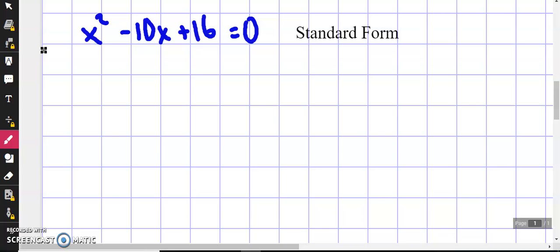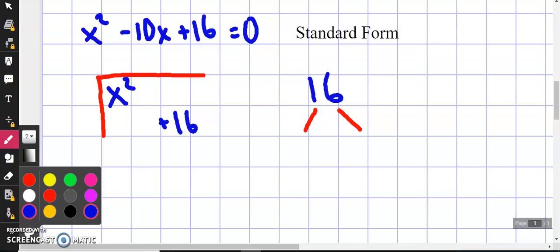Since I do not see a matching variable in all three terms, and there's no number greater than 1 that divides 1, 10, and 16, I know that there is no common factor, which means I'm going to need to set up my box in 2 rows to try to split this up and get the 2 factors that I'm looking for. So of course the x squared and the 16 come down, and we're going to need to split up that negative 10x into 2 values